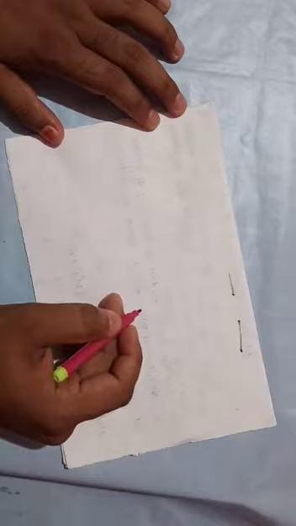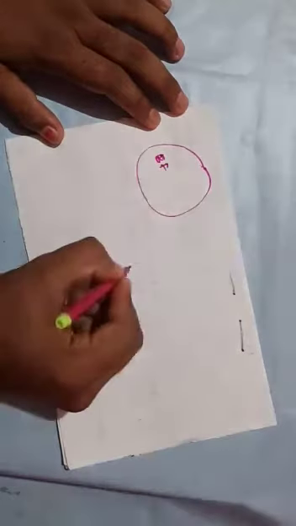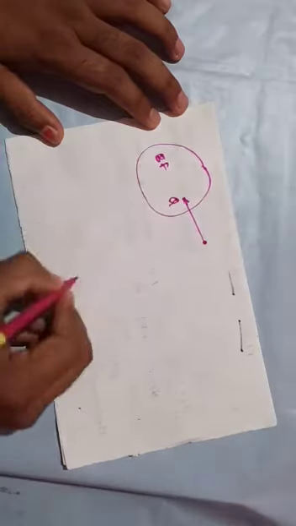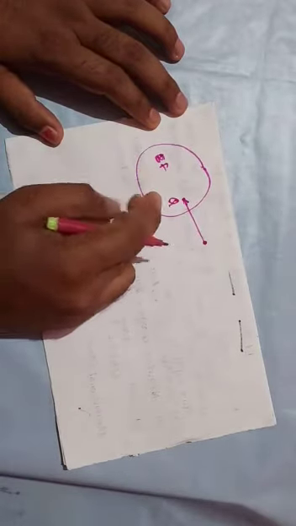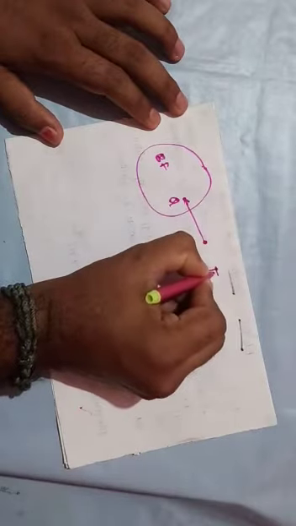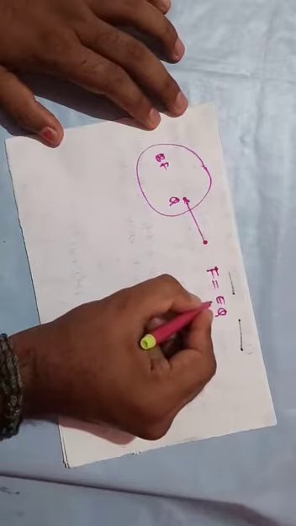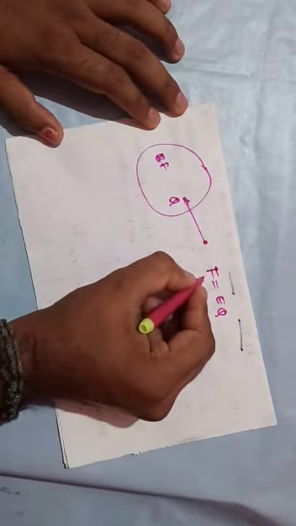We all know that in the region of an electric field, when a charge Q enters, it will experience a force. Let us consider this region, where the electric field is present. If one charge Q enters into this region, it will experience a force. That force is given by F is equal to E into Q, where E is the electric field, Q is the charge, and F is the force experienced by this charge.